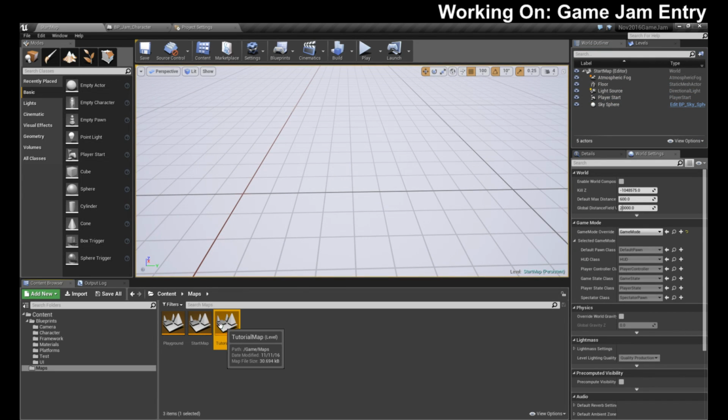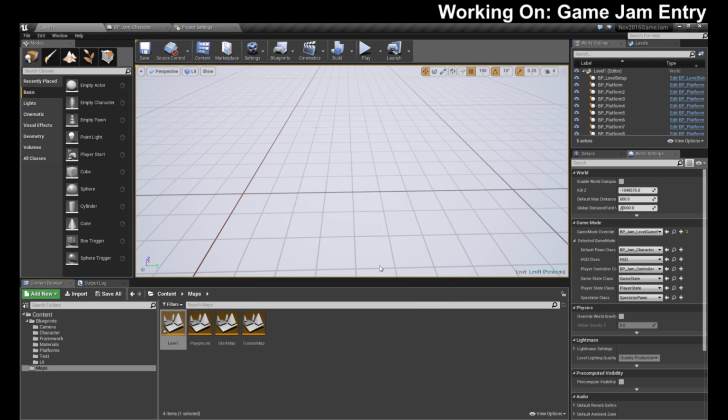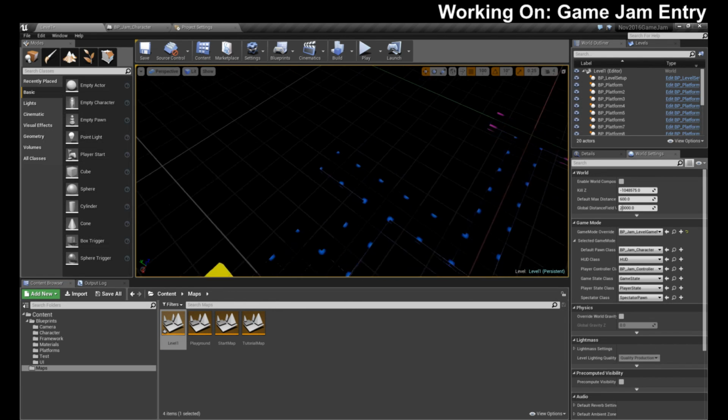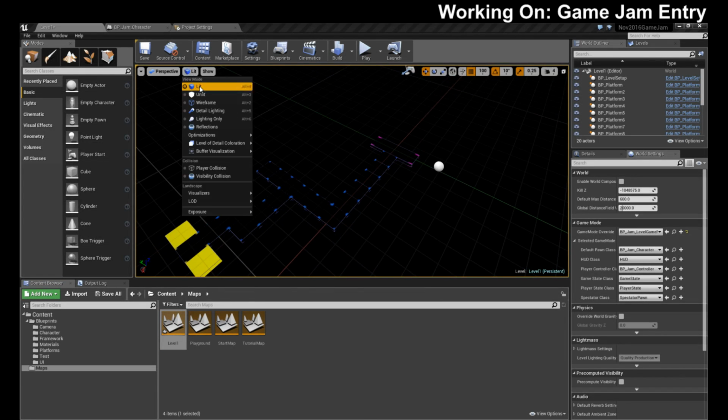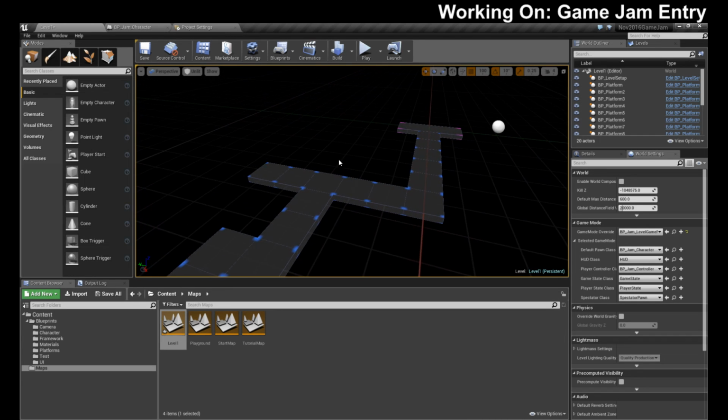Where'd that go? Okay, so we're going to duplicate our playground into playground 2. We're gonna call this one level 1. Okay. There we go. So there's our level 1.